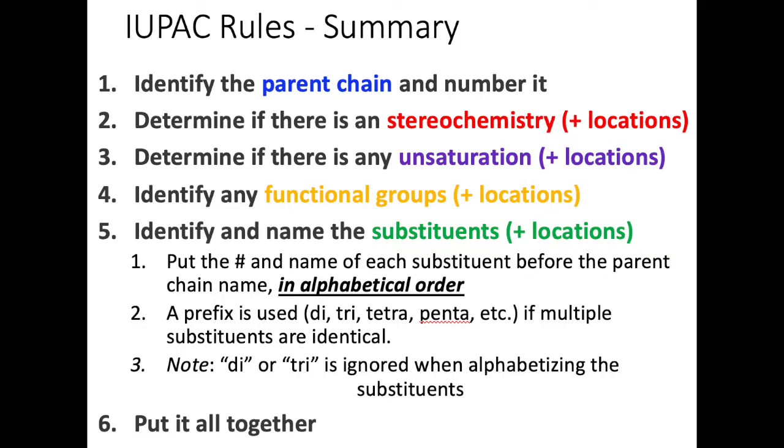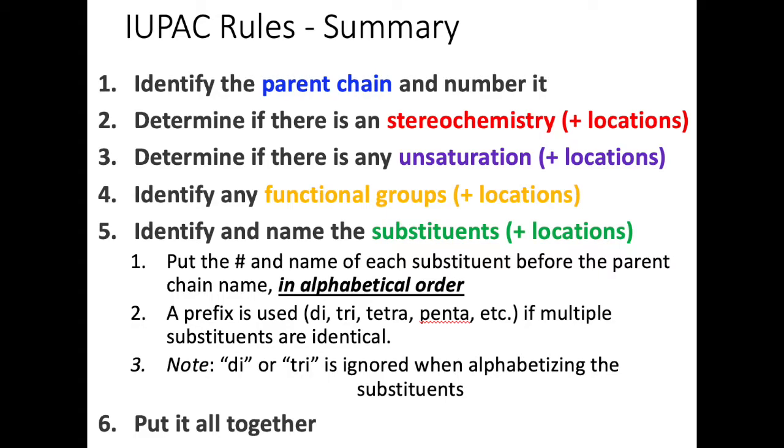The way that we name organic chemistry compounds is using the IUPAC rules. The first step is to identify the parent chain. You need to find the longest consecutive chain in the molecule, and that's the parent name. The second step is to identify if you have any stereochemistry in the molecule and where that stereochemistry happens. The third step is to look and see if you have any unsaturation in your molecule, double bonds, triple bonds,